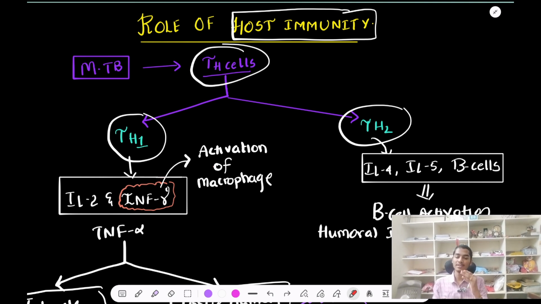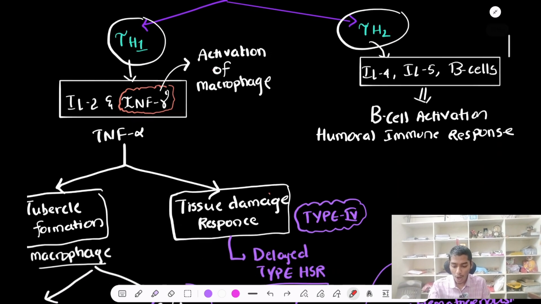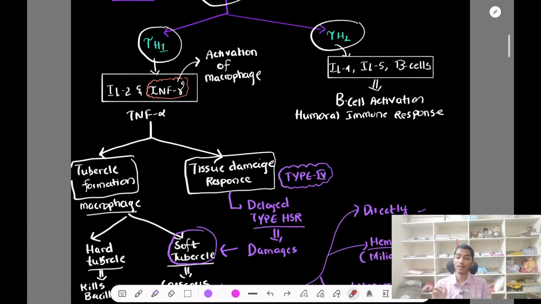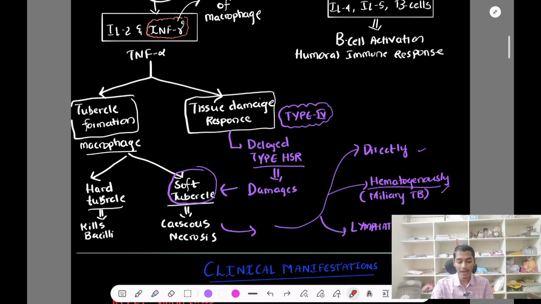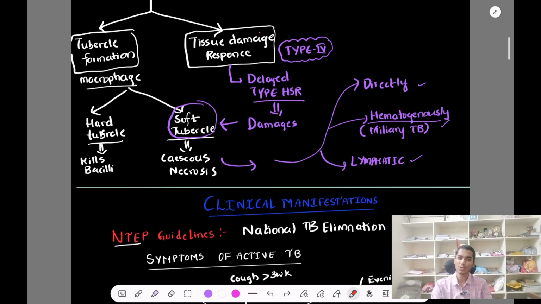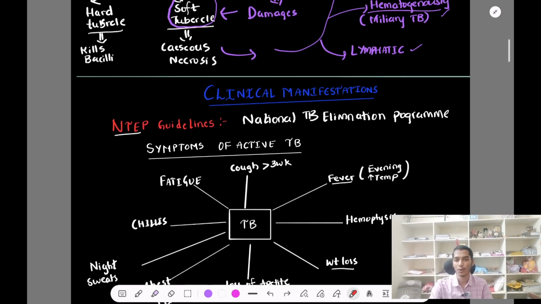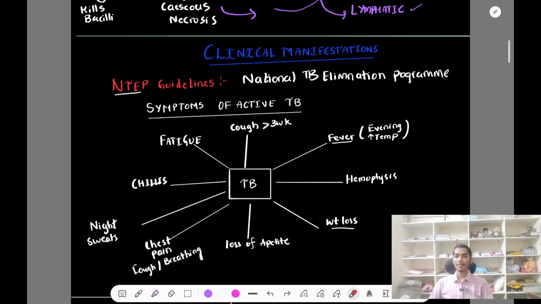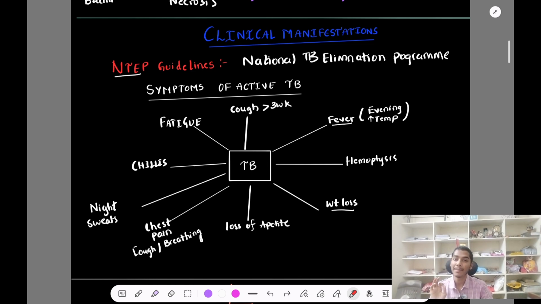Th1 differentiated cell is nothing but a delayed type of hypersensitivity reaction, or a type 4 hypersensitivity reaction. So it causes the release of the caseous necrosis matter, and it may spread directly, or it may spread hematogenously causing miliary TB, or it may spread in a lymphatic fashion. Th2, its B cell differentiation, has no role in tuberculosis, or very minimal role, so we'll just ignore it for now. Next we'll go to the clinical manifestation according to the NTEP guidelines, that is National Tuberculosis Elimination Program